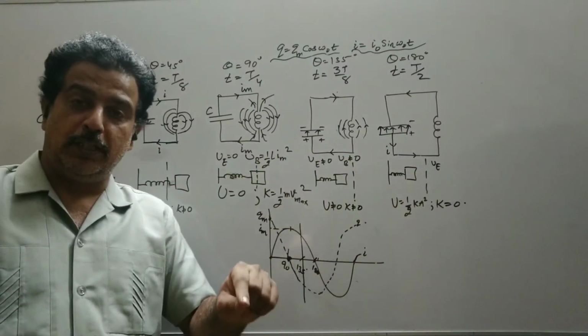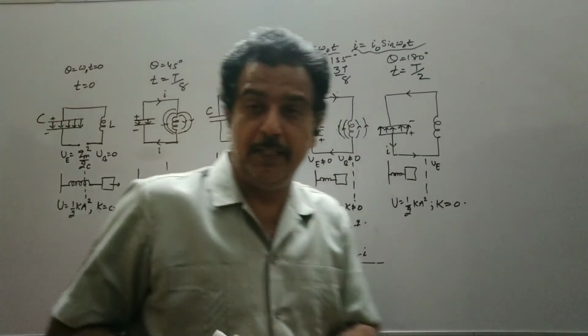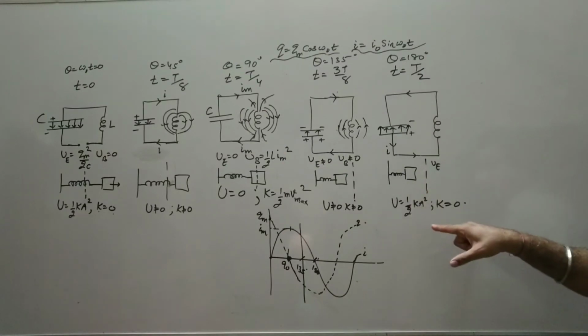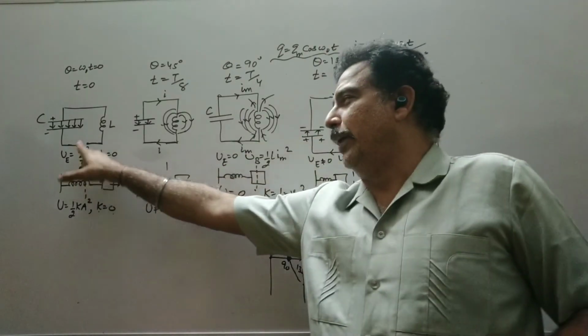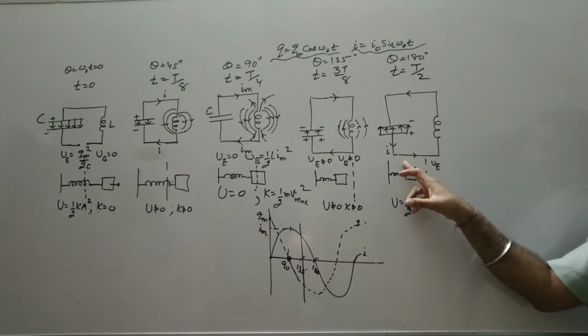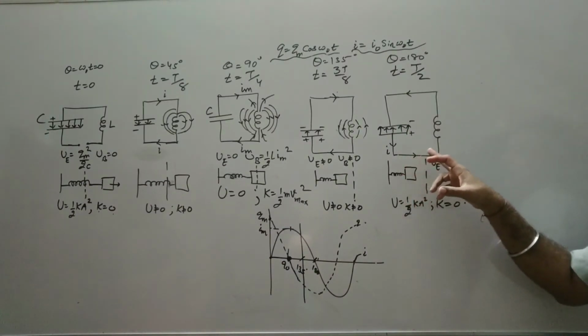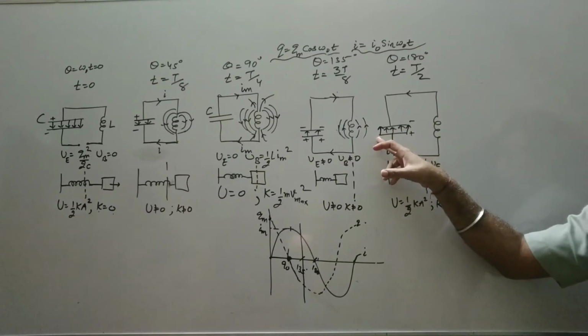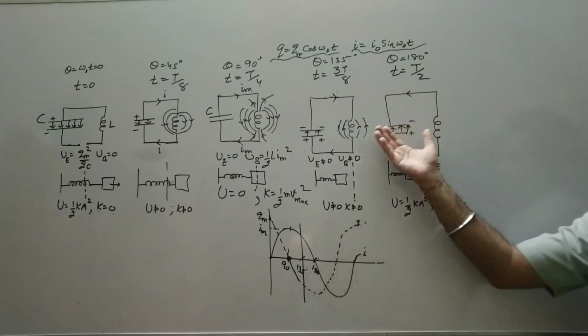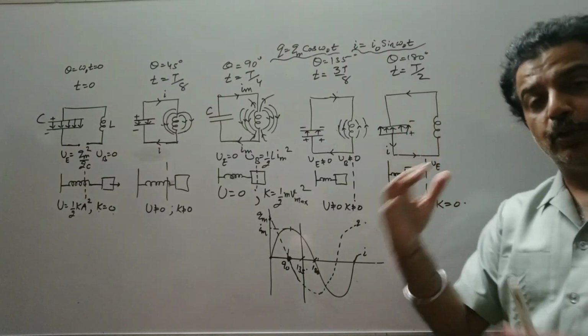Energy is a scalar quantity, so there is no question of plus and minus sign. We have a square of amplitude. So again the energy will become Qm square by 2C, that is the energy is maximum at this point. Again the charge is maximum. So you see at 180 degree, charge is maximum, current is minimum, and if we proceed further, now the polarity of the capacitor is changed.